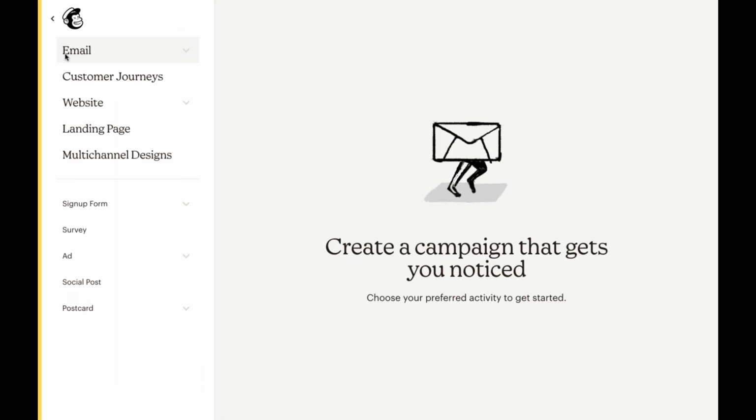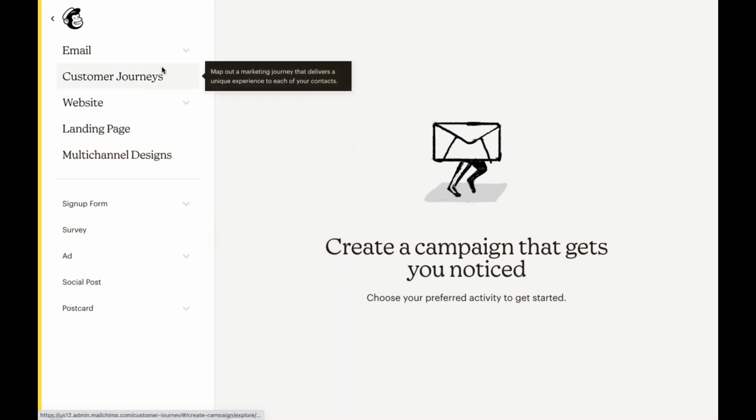Campaigns are any content that's created and measured in MailChimp, including regular emails, automations, landing pages, social posts, as well as ads. And here you can see these different types of marketing campaigns that we mentioned, as well as so much more. So today we're just going to cover our email options here at the top.